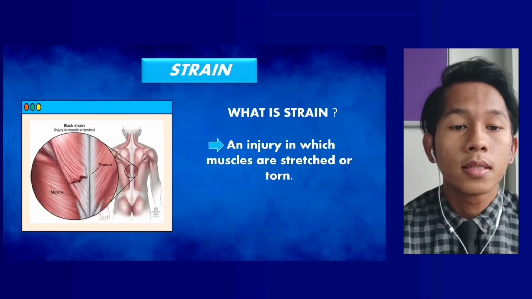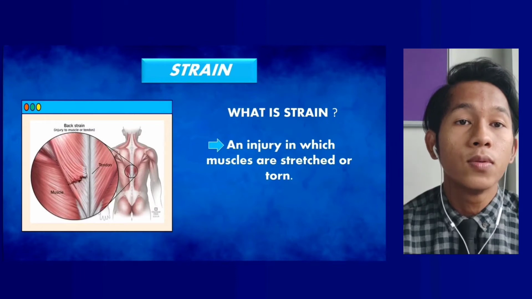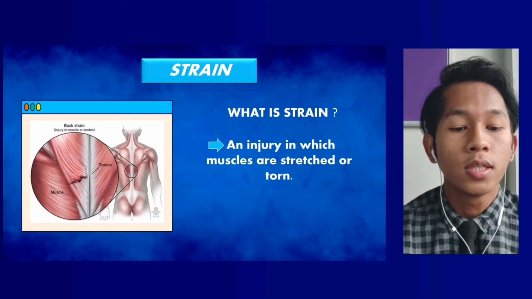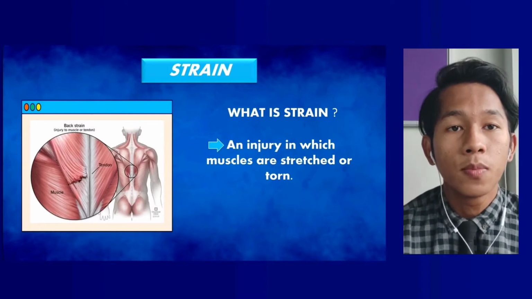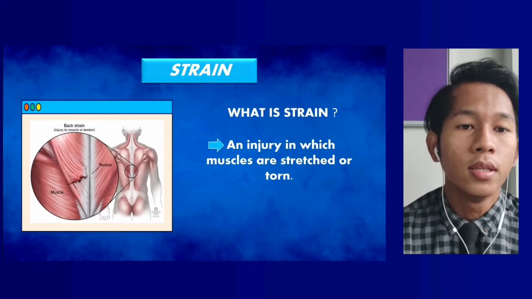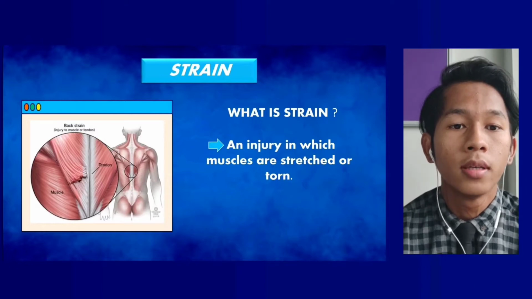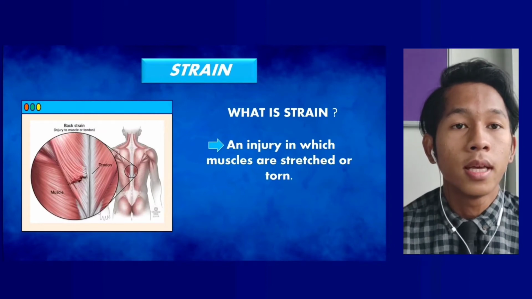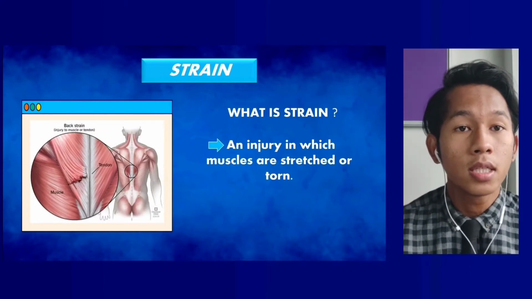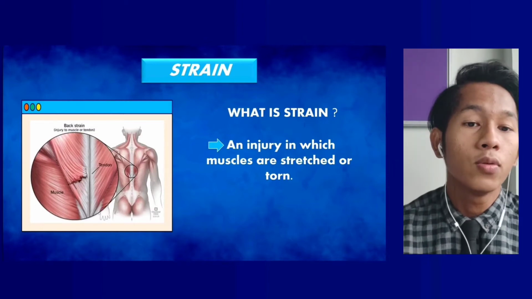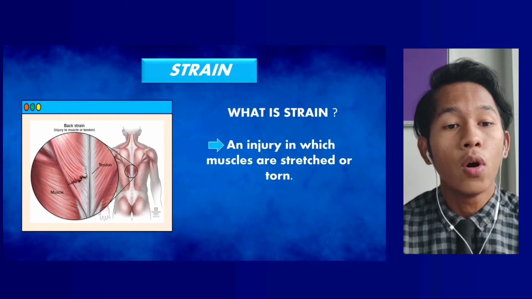The meaning of musculoskeletal injury refers to damage of the muscular or skeletal system, which is usually due to a strenuous activity. Next, I will explain about strain. What is strain? Strain is an injury in which muscles are strained or torn. A strain occurs when the tendons, which connect muscle to the bones, get stretched or pulled away from the bone. This can also happen as a result of a fall or twist, but is more likely to happen over time as a result of overusing the muscle.